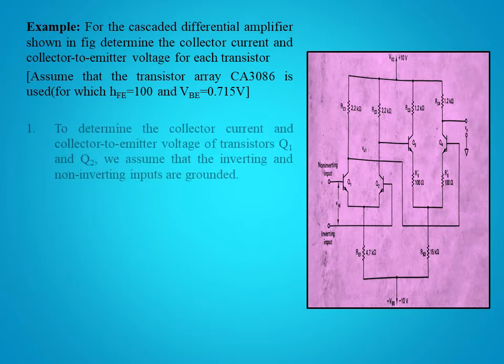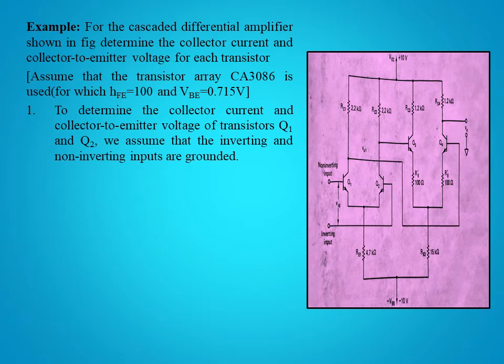So first of all we want to calculate the collector current and collector to emitter voltage for each transistor. Why are we calculating this? Because obviously it is asked, but these two values are the operating points that are calculated in DC analysis,